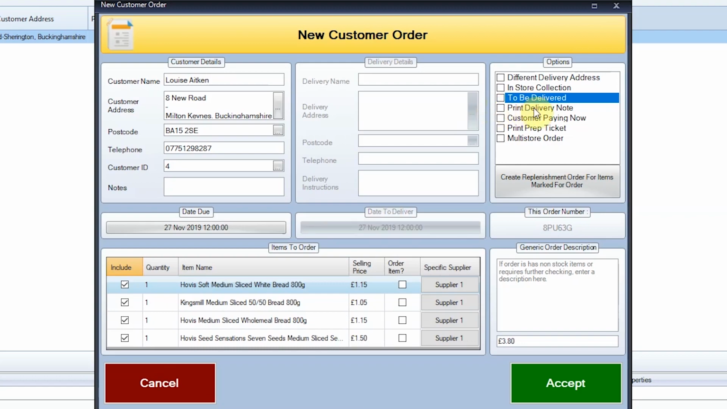You can print out delivery notes automatically, or if the customer is paying now immediately, print out a prep ticket, so it's something you might want to print out and then hand to one of your guys around the back for your warehouse. Or you can even do multi-store orders as well, which is an up-and-coming new feature, which will be in a